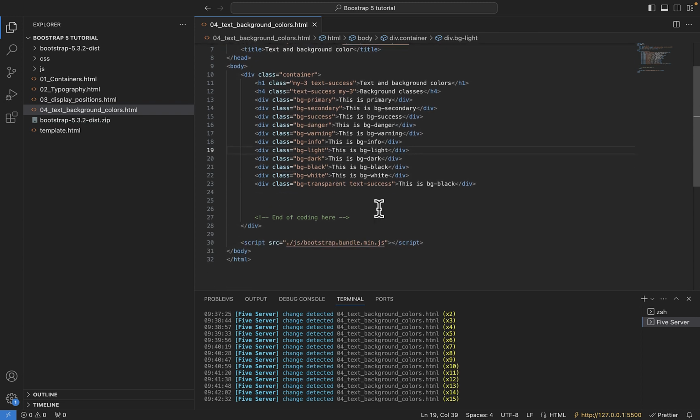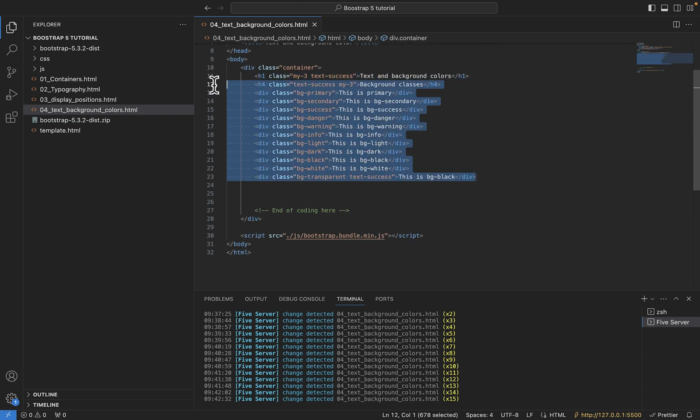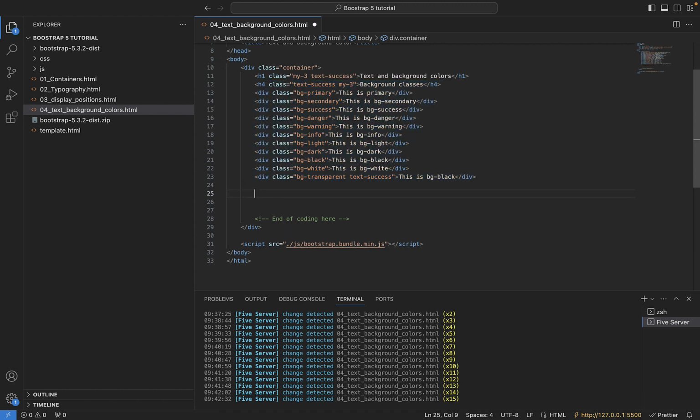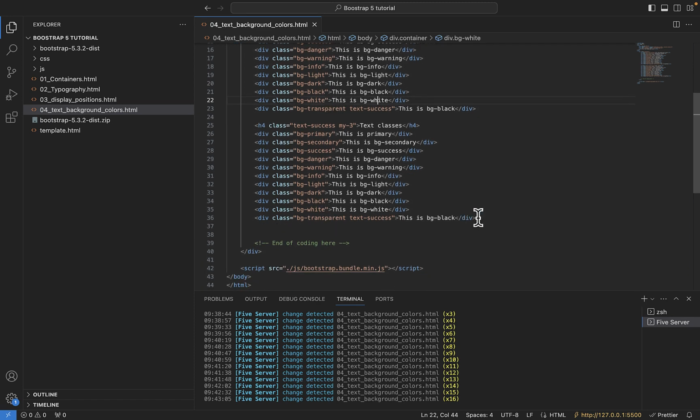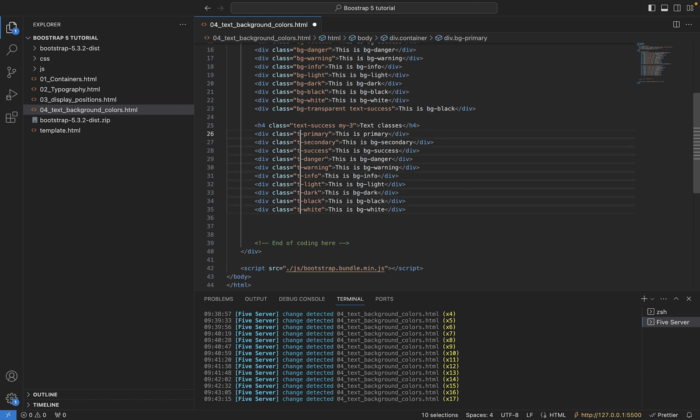Next, let's learn about how to put text color. So I'm going to use this. Just copy this up to H4, and the same way text background have classes, like context classes, is the same way texts also have, and that's what I'm going to use. Of course, they will not have transparent. So it's as simple as just replacing the background color with the text. The background text, like BG hyphen the context color, we just put in text. And then